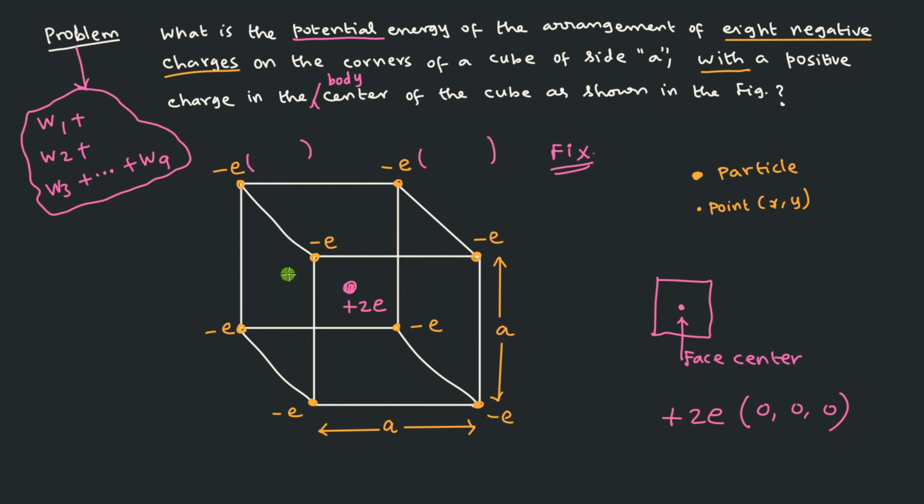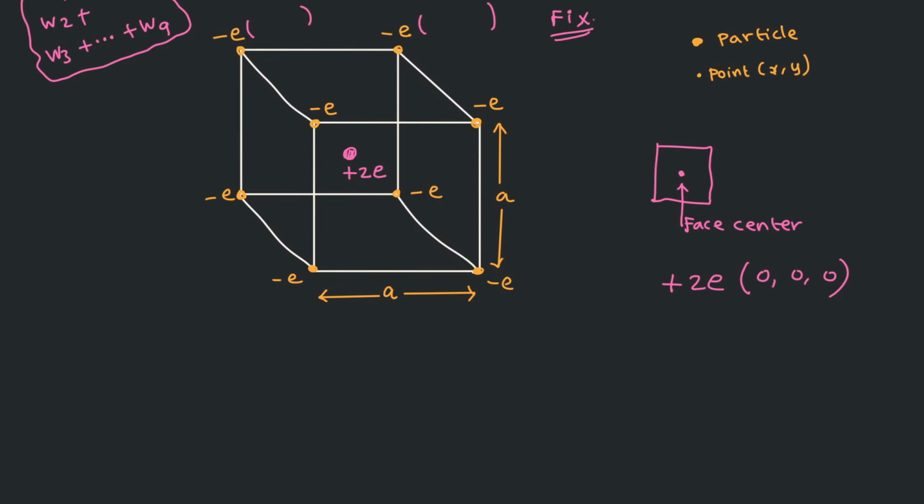So what is the meaning of configuration? I am explaining. Configuration means keeping the charges in some positions or in some places like this and fixing them. Fixing them is important. You are not allowing them to move. That is important, and that is called configuration. So now coming to the solution. The solution is fairly simple, but the only thing is that we have to identify how many pairs are there. So let us go to the board now.